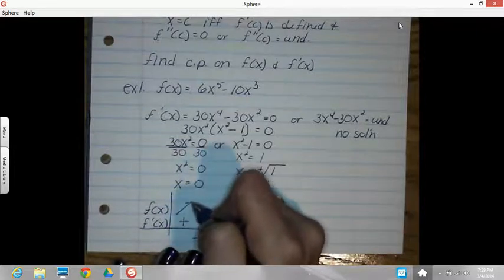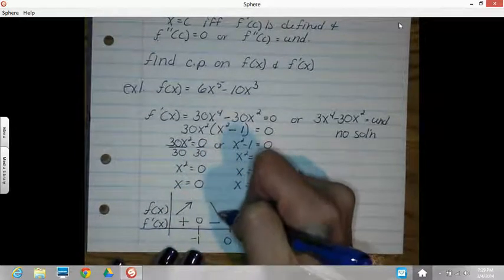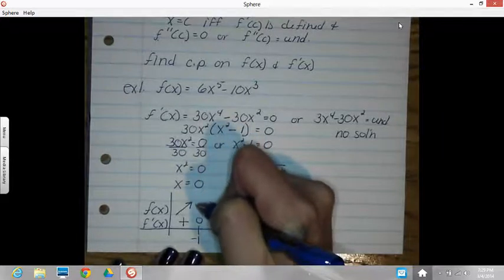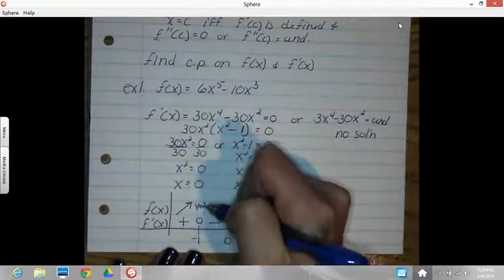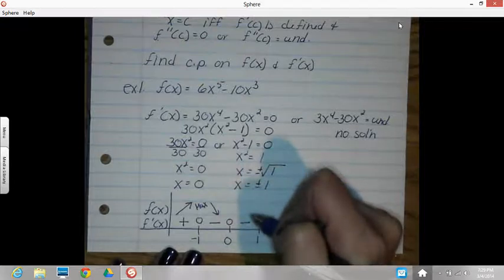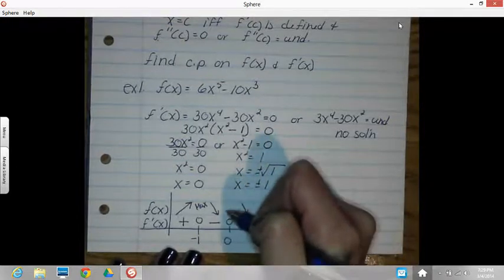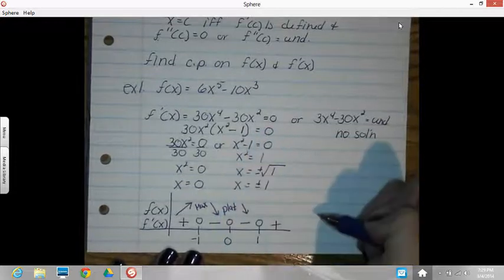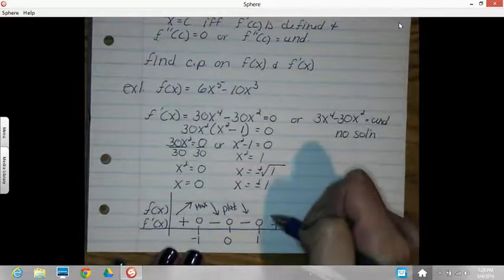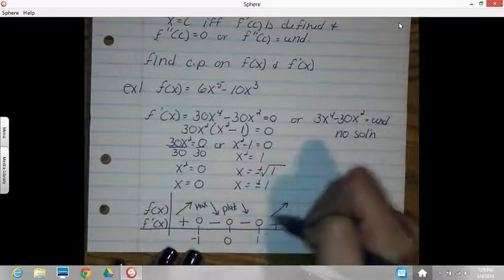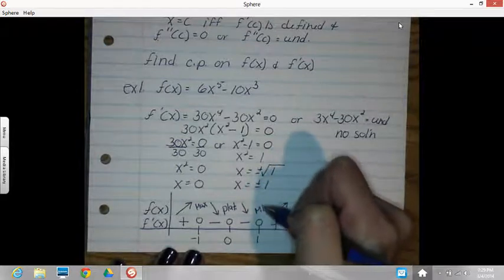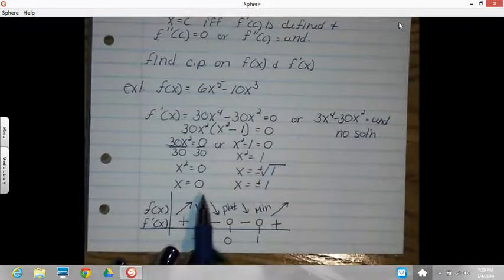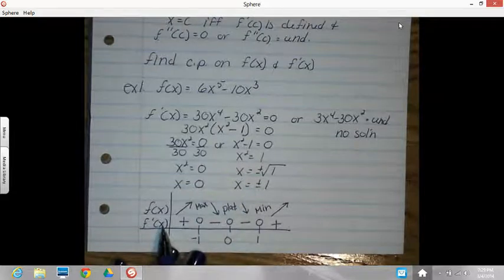Original function was increasing. Then it decreased. I know I've got a max here. It was decreasing and it still decreased. Here I know I've got a horizontal plateau. And then it increased again here, so it went down, then back up. Here was a min. So I've been able to identify what my 3 critical points are, all by the derivative